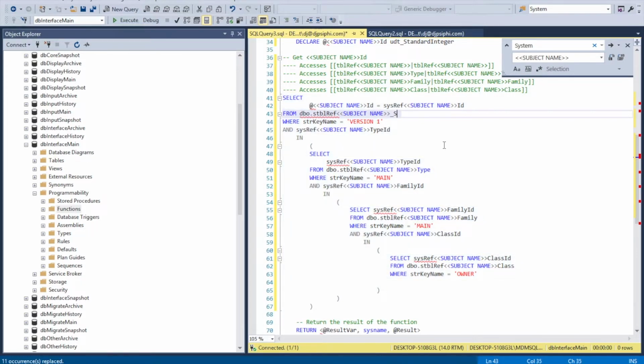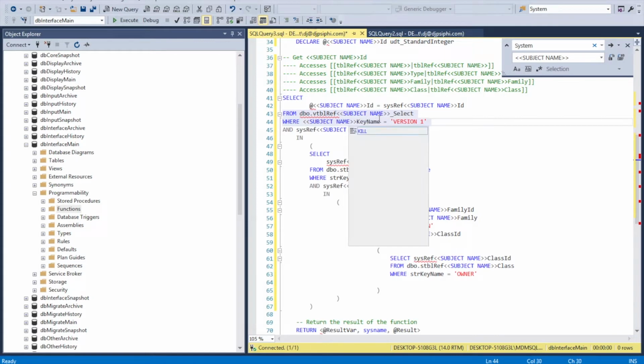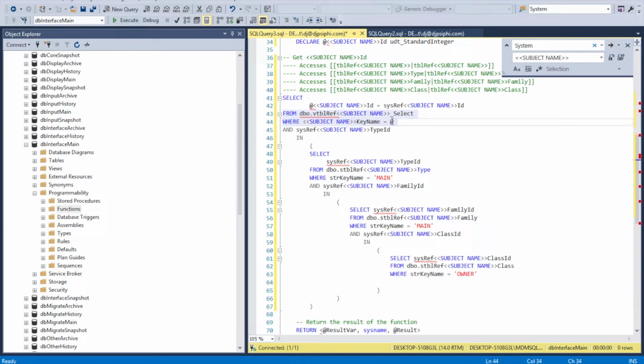I'm going to make sure we're calling the correct view, because we have the views created. Subject name, type ID in,